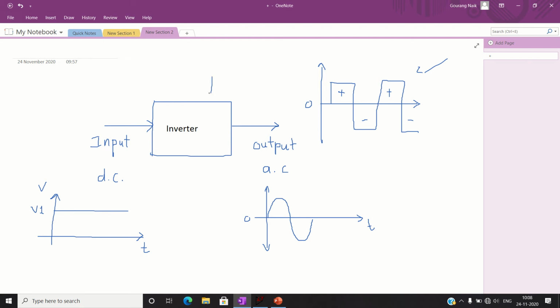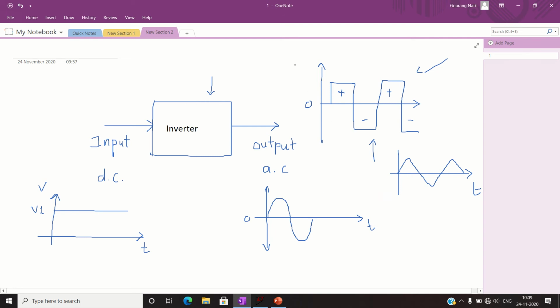Now for inverter circuits, you will get square waves and quasi square waves, or you can say they will be containing harmonics. You'll get shapes like this. With respect to time, you'll get shapes like this, like a triangular waveform. You will not get a pure sinusoid. If you want to get a pure sinusoid, you have to have extra circuitry, and it will add to power dissipation. Many concepts are there.